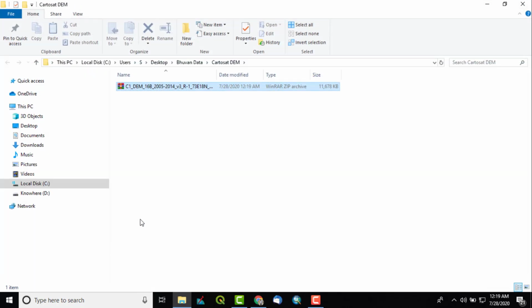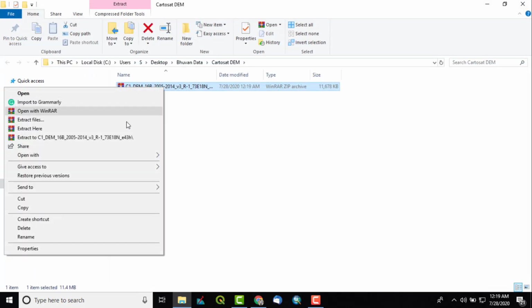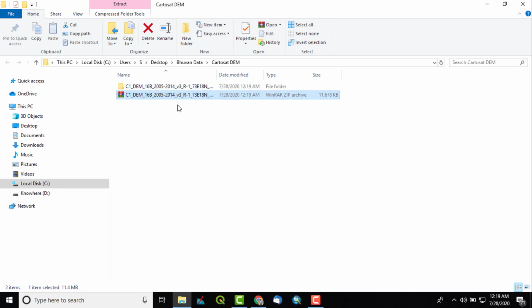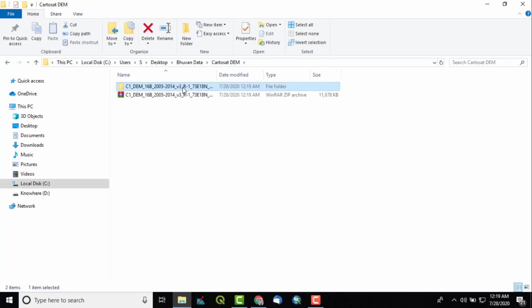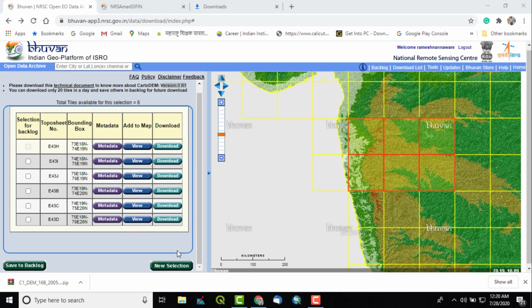So this has downloaded. The same way we can extract it, like I have shown you in case of the earlier video. Since this is digital elevation data, which is single band satellite data, that's why it is black and white, and how we can use it, I have shown in one of my videos on DEM analysis in ArcGIS, on this particular channel itself, so you can go through that. So this way data can be downloaded.